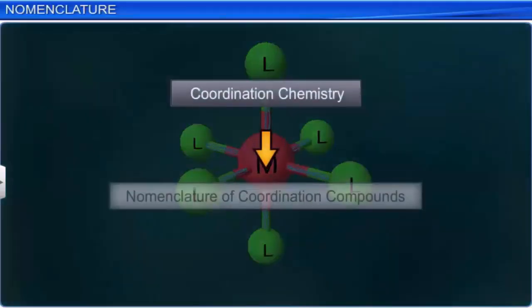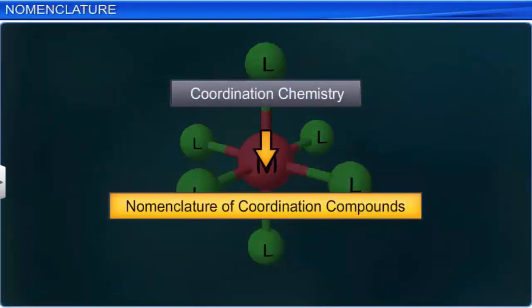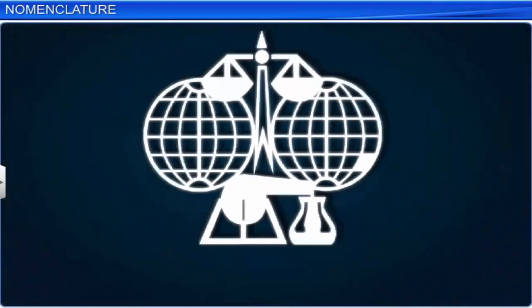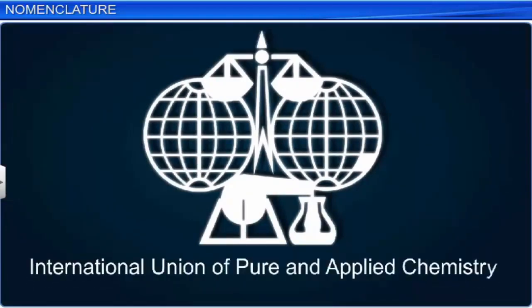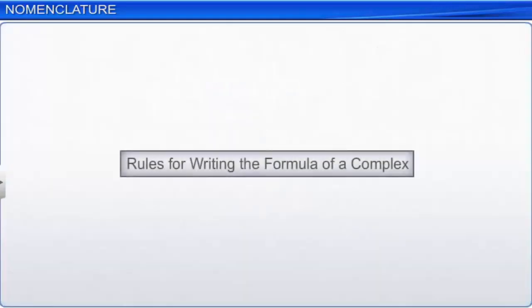Students, today we are going to study the rules for writing the name of a coordination complex. The International Union of Pure and Applied Chemistry formulated certain rules to denote the names of coordination complexes. Let us see them one by one. The first rule is,